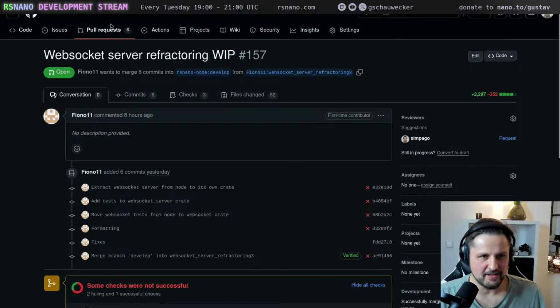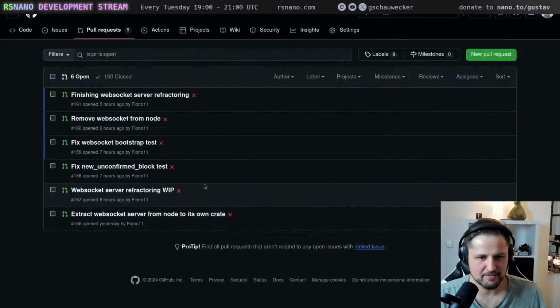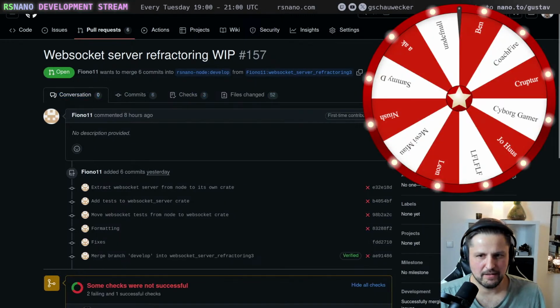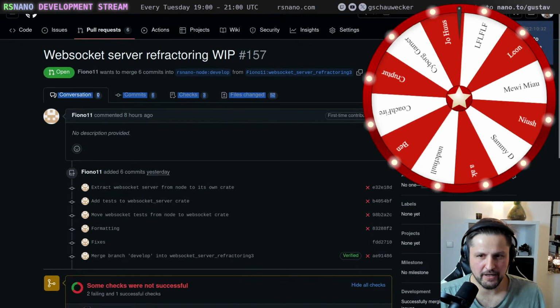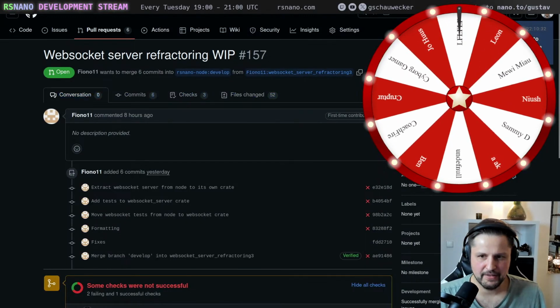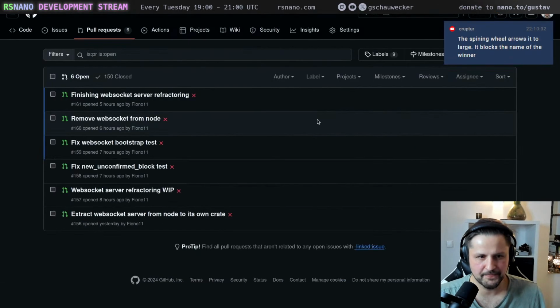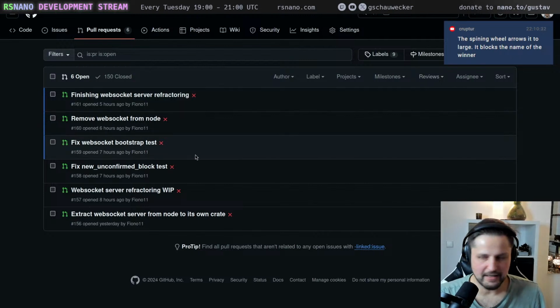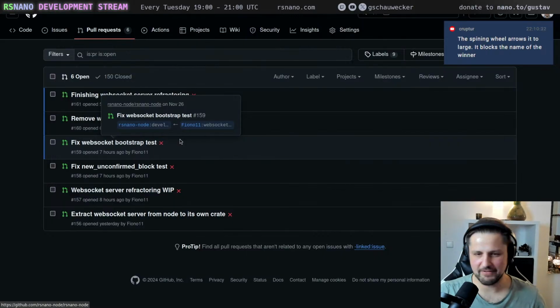I want to abort this here. I don't want to merge this on stream because I think this will just get me into too much trouble. Yeah, so usually pull requests that are this large, like 2,000 lines, are just so hard. Please try to keep them small. 2,000 lines of pull requests are just horribly hard to review. I like my pull requests to be really, really small, even less than 100 lines, really. Because then you can really take the time and find issues.